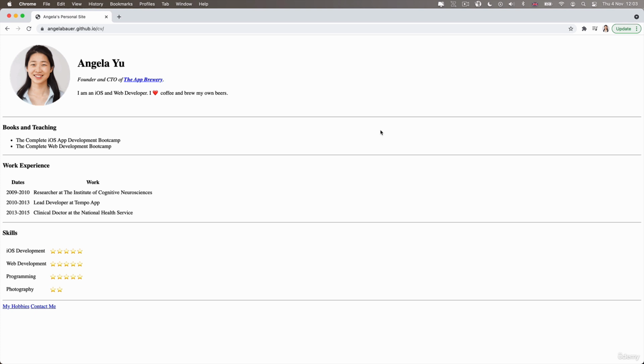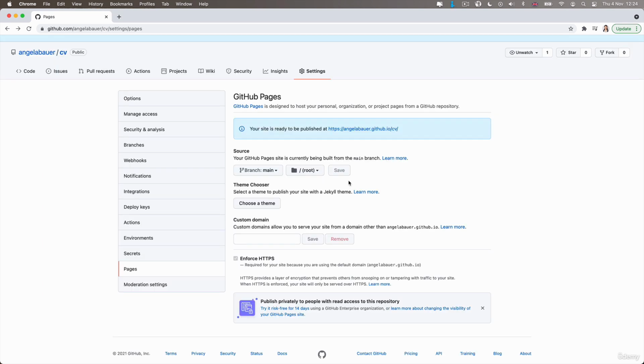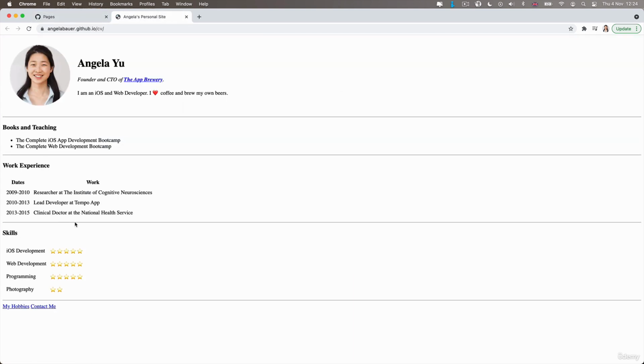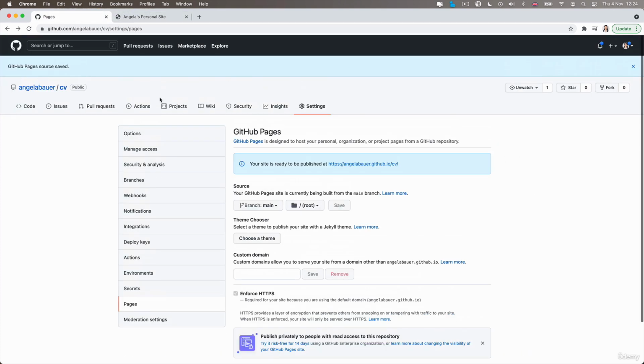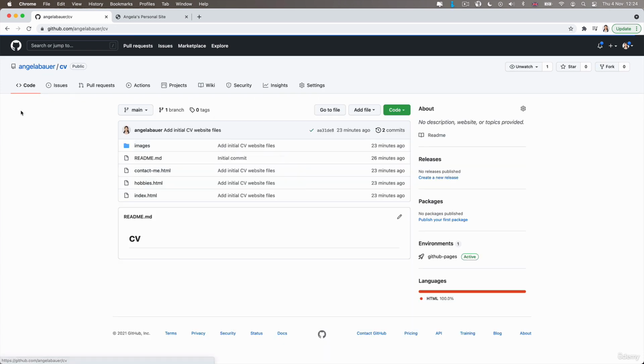So you can go ahead and go over to angelbauer.github.io/CV, and you too will be able to see this website that I just uploaded and I'm looking at right now. Now, if after half an hour you click on this link and it still doesn't show your website, or there are some inconsistencies on it, then you might have to troubleshoot your setup because you might have made a mistake somewhere. The first thing I want you to check is to go to the Code tab here